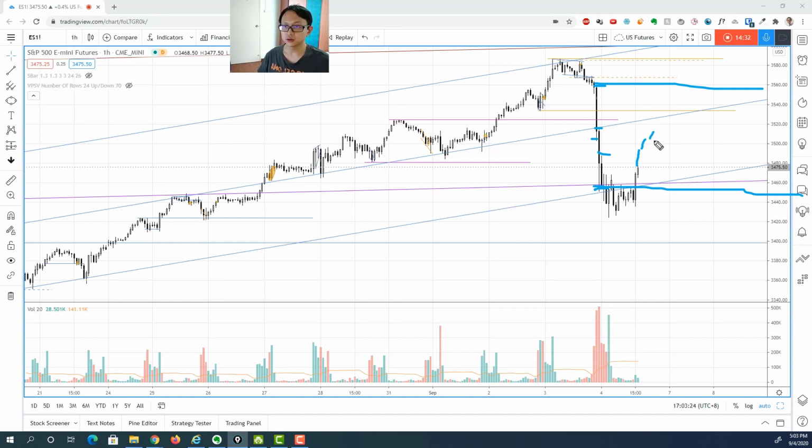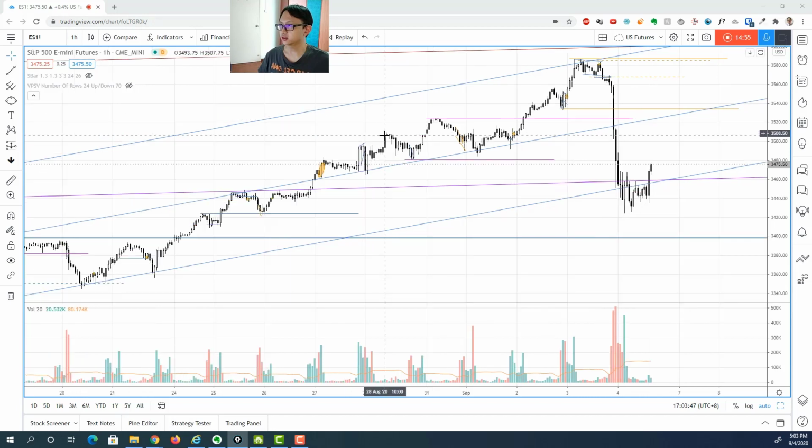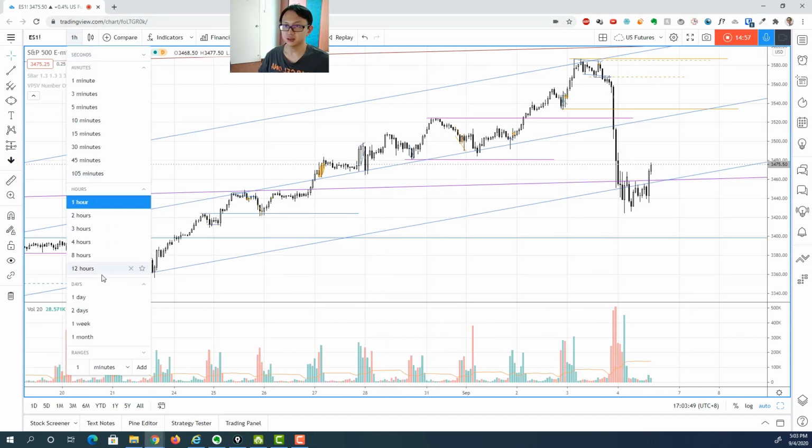And my bias is still to the short side. I'm looking to short upon rejection within this supply zone. So if it's showing some kind of reversal, then I could just enter another short trade to ride another leg down, hopefully. And the immediate support level will be, let me just use a daily time frame,